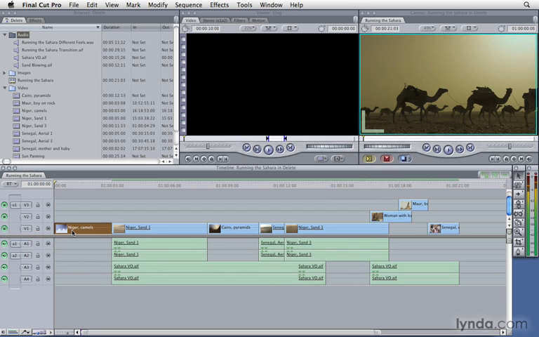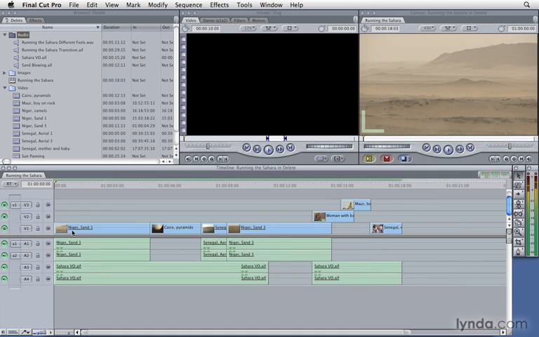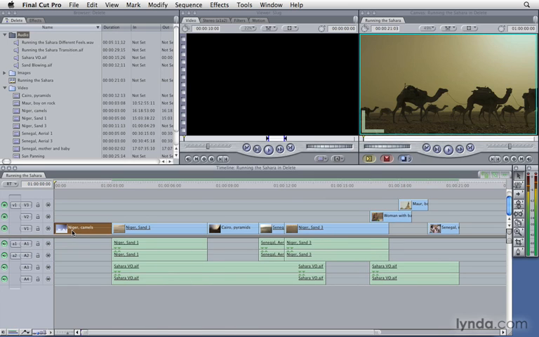Take a look at the effect of doing a ripple delete. It not only removes the clip from your timeline, it also closes the gap that's created, sliding everything to the left. In this case, it's not really that big of a deal, but it can really mess up your timeline if you ripple delete the wrong clips. Let me go ahead and undo my ripple delete,